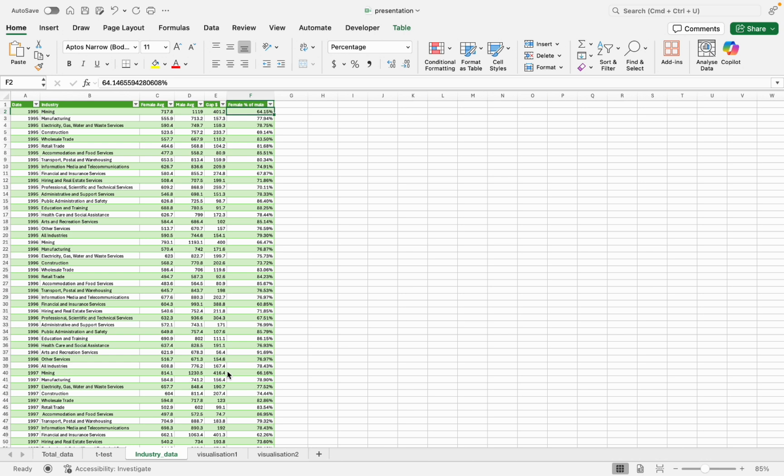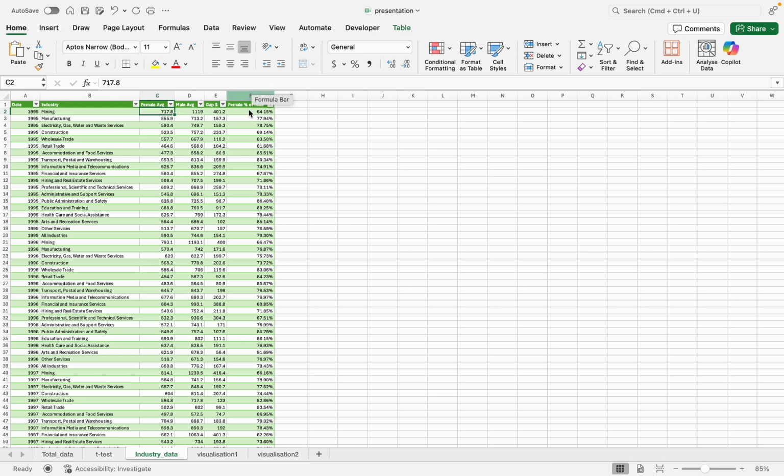And also I calculated two additional measures, which are basically the gap in dollars and the female percentage of male. Actually, I did this through Power Query to concatenate data, so I don't have any formulas here, but I can just tell you. The first is the gap in dollars, the male minus female value. And the second one is the female percentage of male earnings, which shows how women's pay compares proportionally.